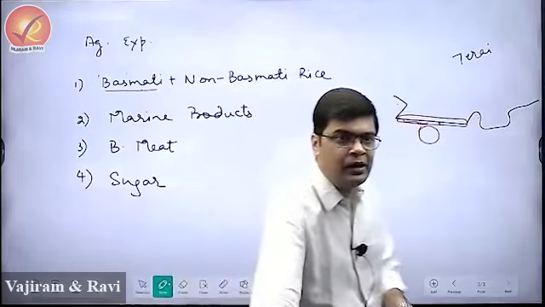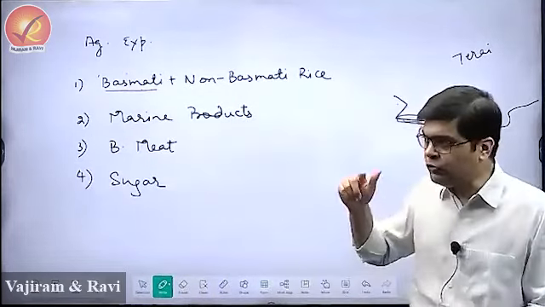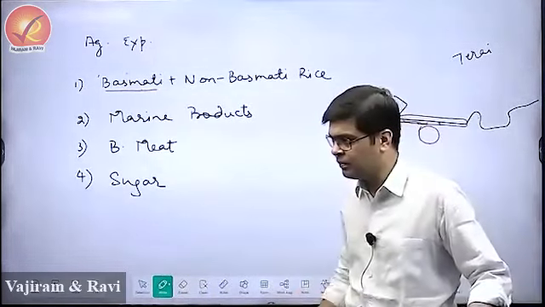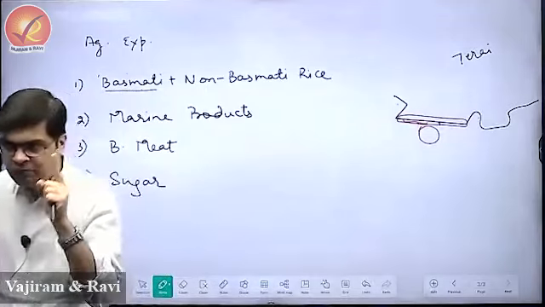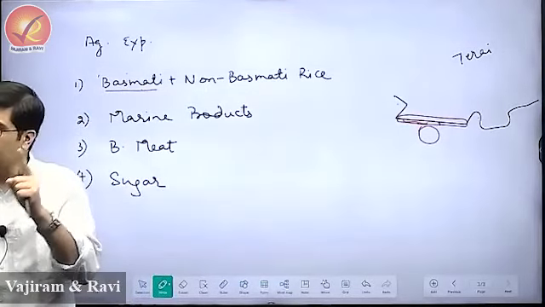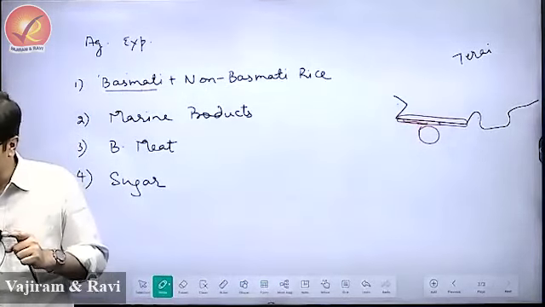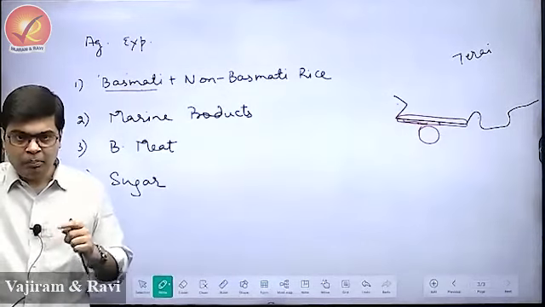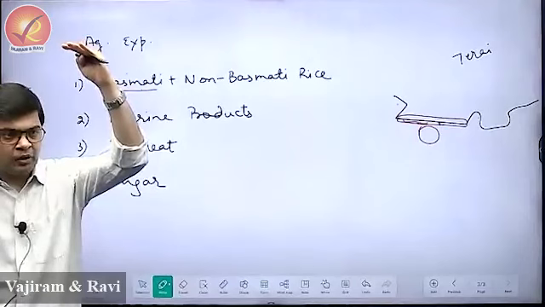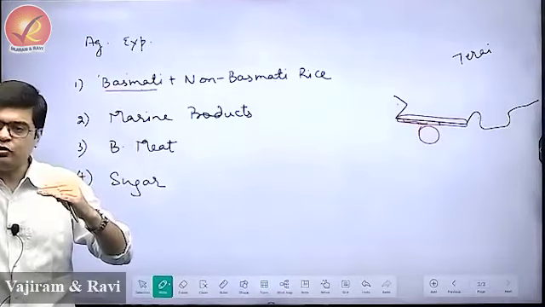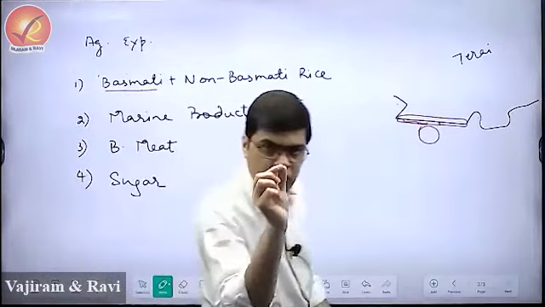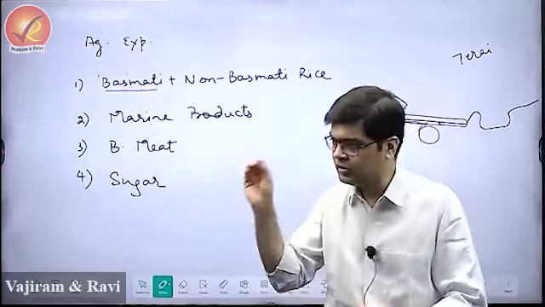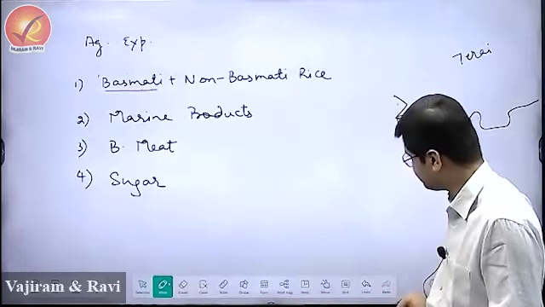Whenever we look at the price of sugar in the international market, it is controlled by one factor, and that is the crude oil price in the international market. Whenever the crude oil price is high, the price of sugar will also be high. Whenever the crude oil price is low, the price of sugar is also going to be low. Understand this equation here. How do the crude oil prices affect the sugar prices in the world?